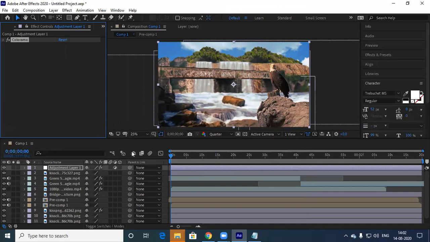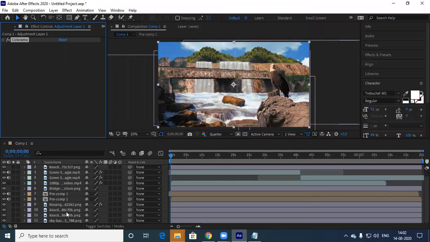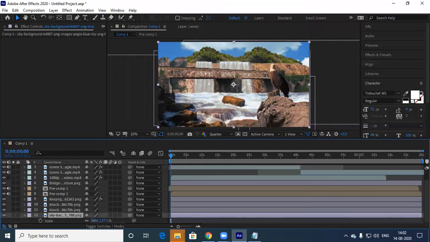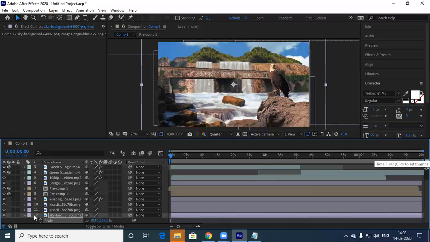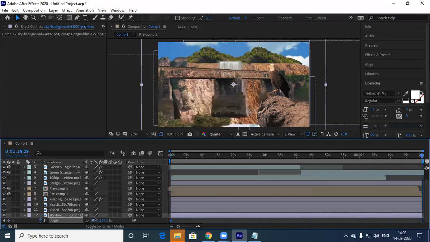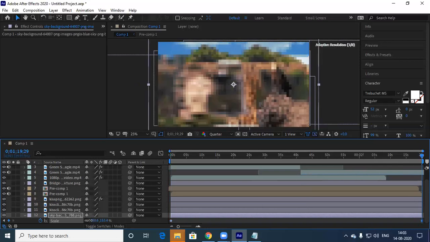Then I want a sky movement in this. So sky, what I'll do, let me increase the size of the sky. Here I'll come over here. Let me scale this. Let me reduce the size of the sky.